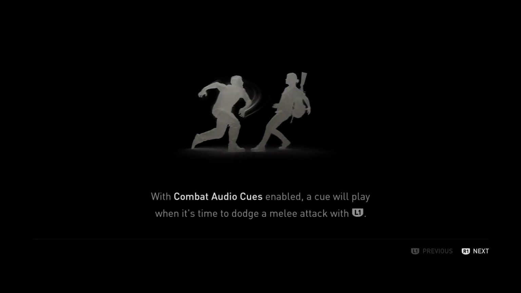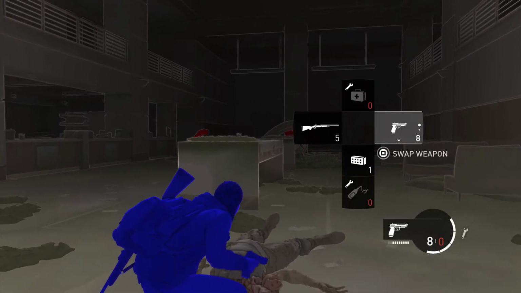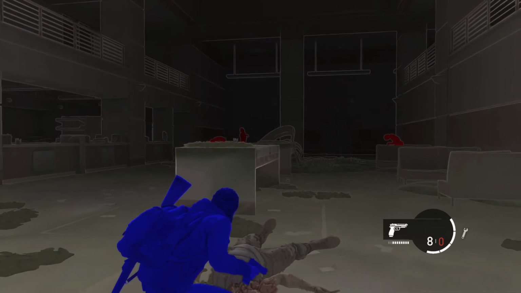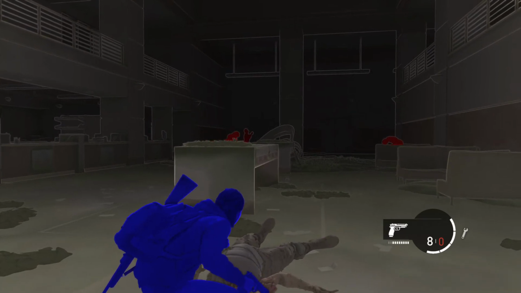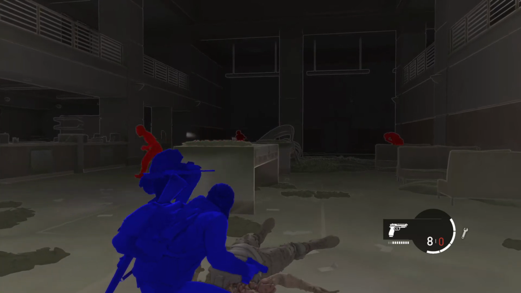Ah, didn't pull out my gun fast enough. All right, so third time's the charm. Combat audio cues enabled, a cue will play when it's time to dodge a melee attack. All right, semi-auto pistol, pistol ammo, 8 loaded, 0 in reserve. That's the reason why I didn't want to have to use ammo, because I don't really have any. That's another thing. All right,